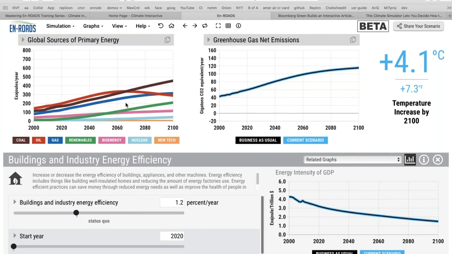Over here on the left, look at these graphs: coal, oil, gas, and renewables. What would change? Which of these lines would go up and down? Think, where do we get most of the energy in buildings and industry? Well, it's not oil, so that red line of oil probably isn't going to move. That's for transport. There's coal, there's gas, there's renewables. Renewables, wind and solar, are we going to need more wind and solar or less? We'd kind of like more. However, with energy efficiency, probably all sources of electricity would go down.